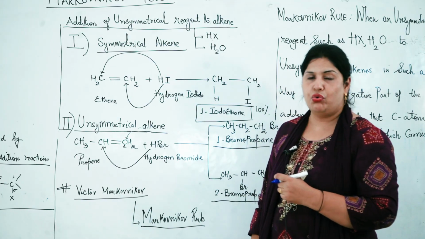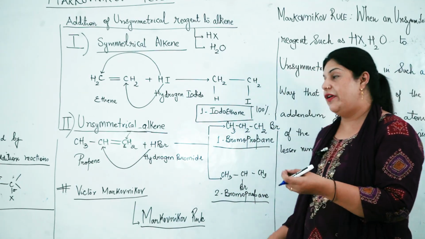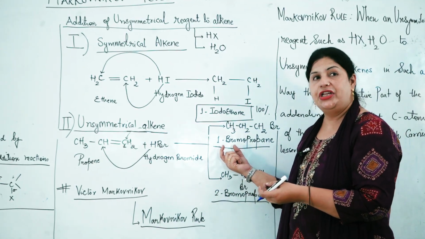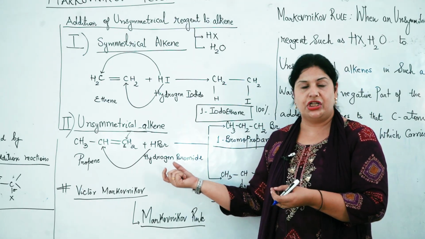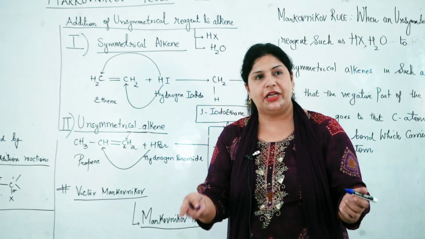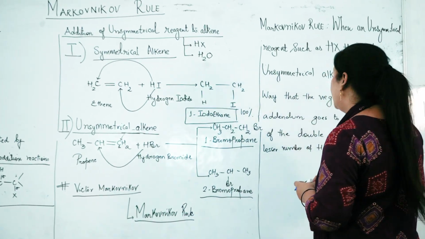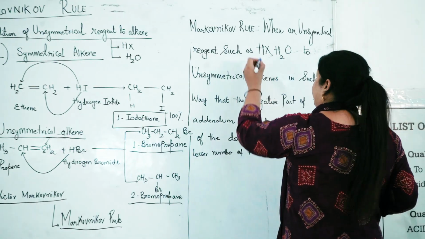He has given this rule, Markovnikov rule, just to clear out the confusion that if there is a possibility of addition reaction of unsymmetrical reagent to unsymmetrical alkene, which product will form in major yield. Now, what is the statement of this rule? Statement of this rule